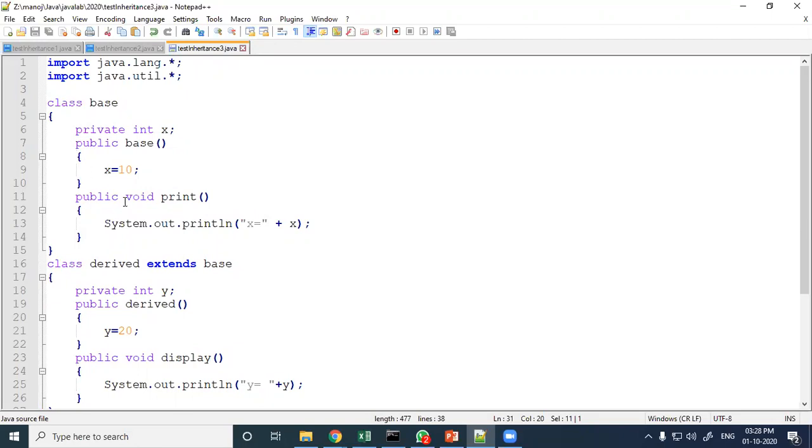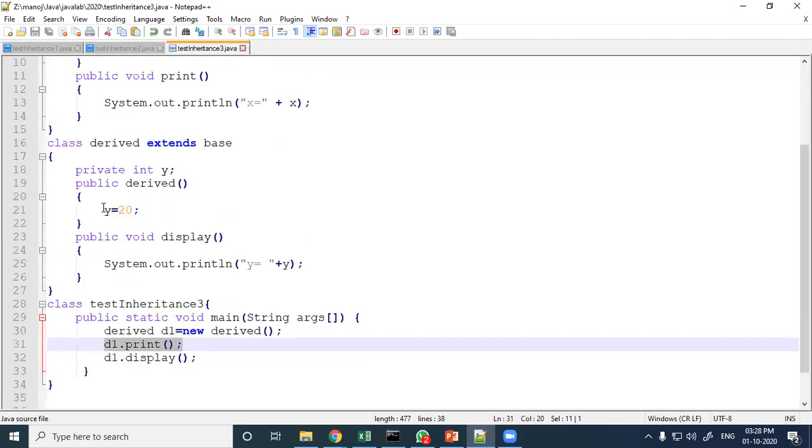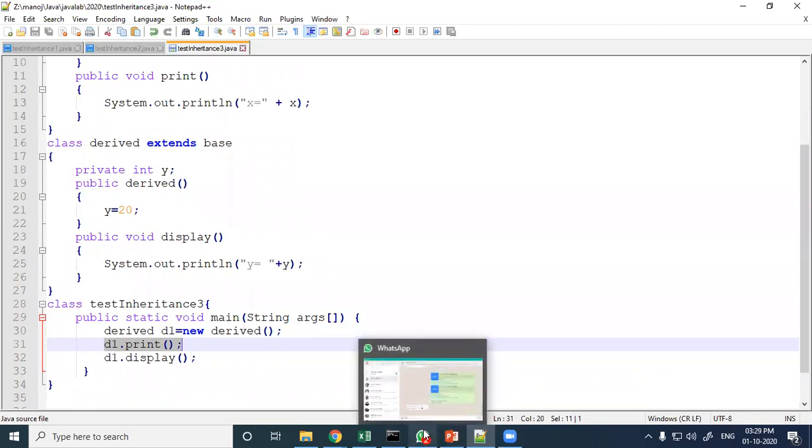Because the base class constructor is called, the x value is initialized to 10, and because of the derived class constructor, the y value is assigned 20. Now the print function is printing 10, and the display function is printing 20. So the answer is 10, 20.